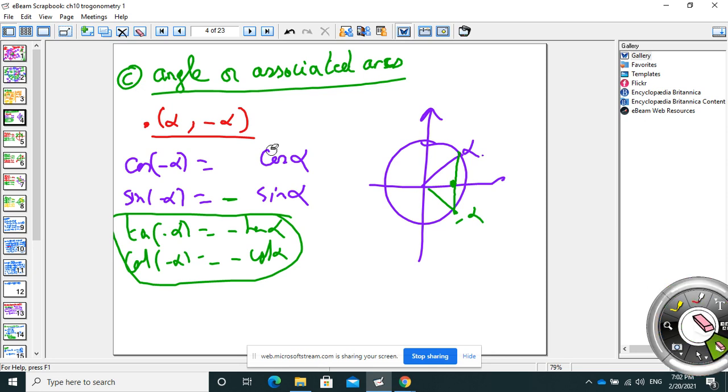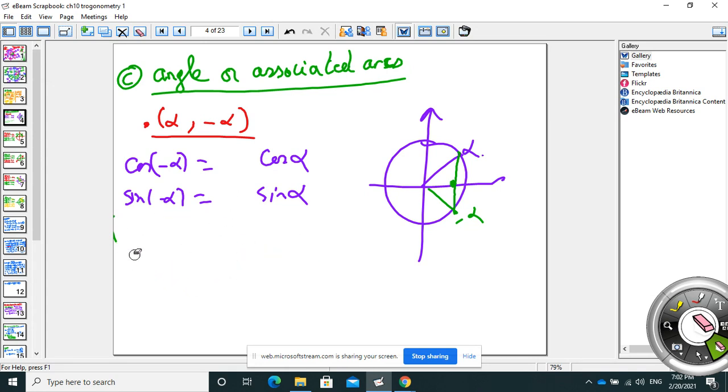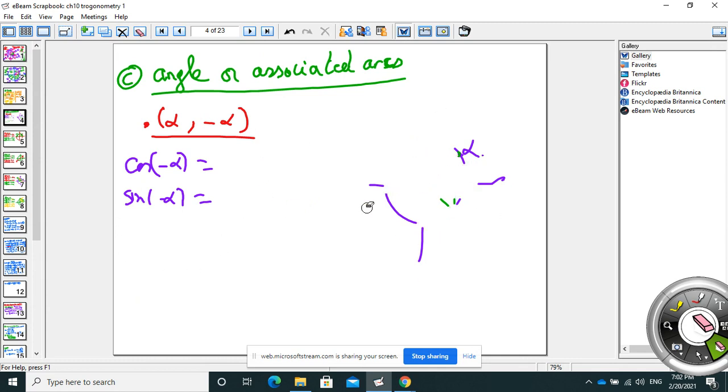Now we start part C, which is angle and associated arc. It's very important. Now I told you I really care about cosine and sine, because tangent you can find from sine over cosine. It's very important. First, to locate, I will erase and I want you to know how to locate. I want to find what is cosine minus alpha in terms of cosine alpha, or sine minus alpha in